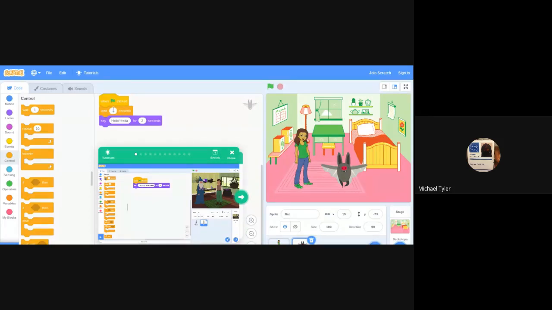Do you know which character you're working on? Because you see the little character in the corner of your workspace that lets you know what you're working on. Okay. So I got her talking for 3 seconds. I'm going to make the bat wait for 4 seconds to talk. That's smart. I mean, 3 seconds you had it, but yeah.